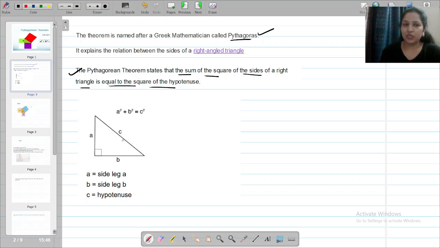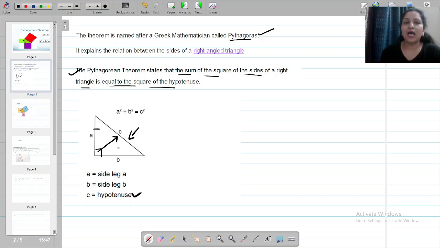Have a look at this picture. Is it a right angle triangle? And it is right angle here in between the sides A and B. Let us first understand how do we name these sides. In a right angle triangle, the length which is just opposite to the right angle, this name is known as hypotenuse. Please have a look at the spelling. This longest side of a right angle triangle which is just opposite to your right angle is called hypotenuse.